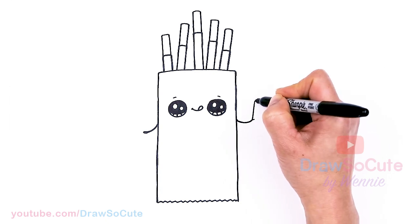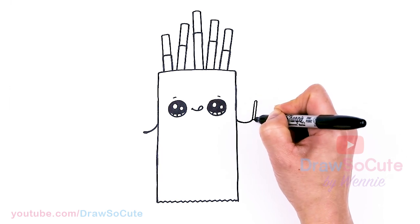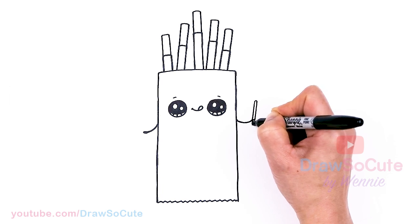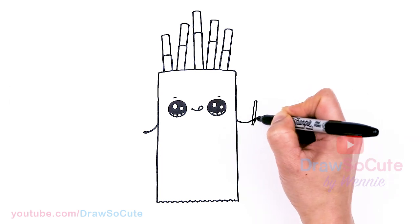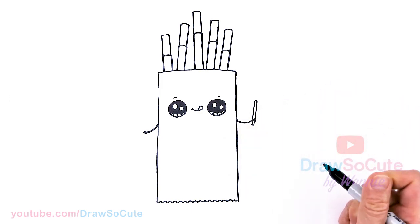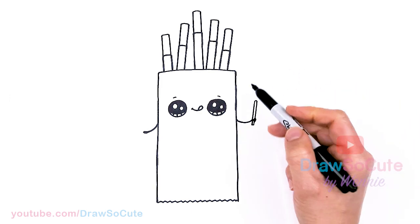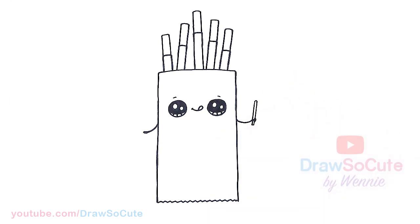So I'm going to come about right here, round this off, and then the stick part, the uncoated part, I mean. And then, oh, what a mess. And I'm just going to, there, thicken this part up right here for the hand. So hopefully you can see that. Right there. Okay, so then now that we have that,